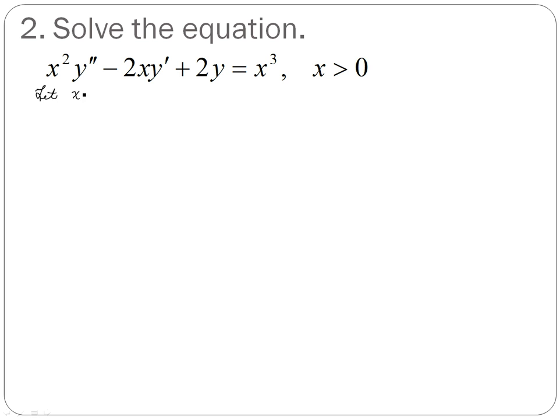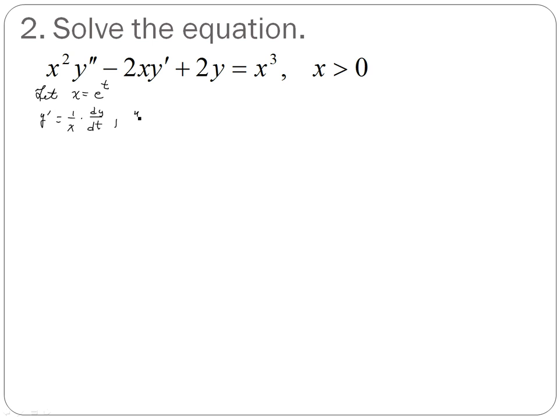We're going to let x equal e to the t, and when x is equal to e to the t, our derivative terms, these are the terms that we just calculated in the previous slide, are going to be our first derivative, dy dx, is 1 over x times dy dt,